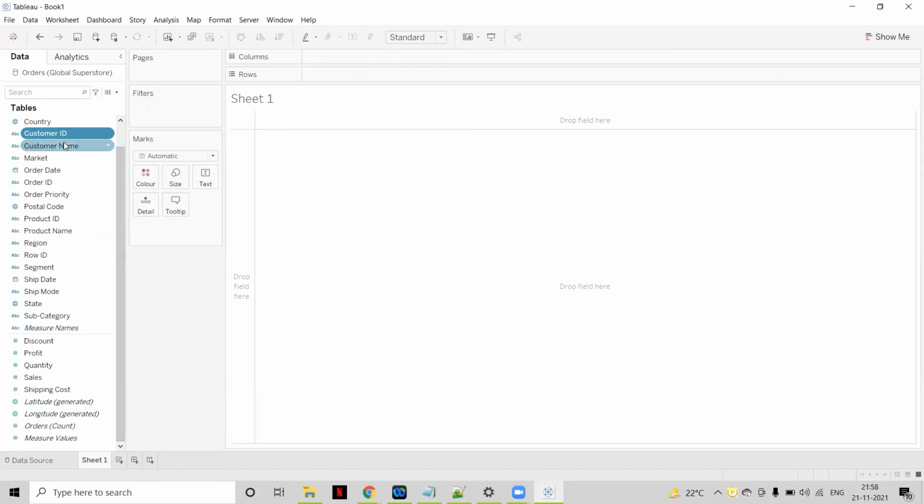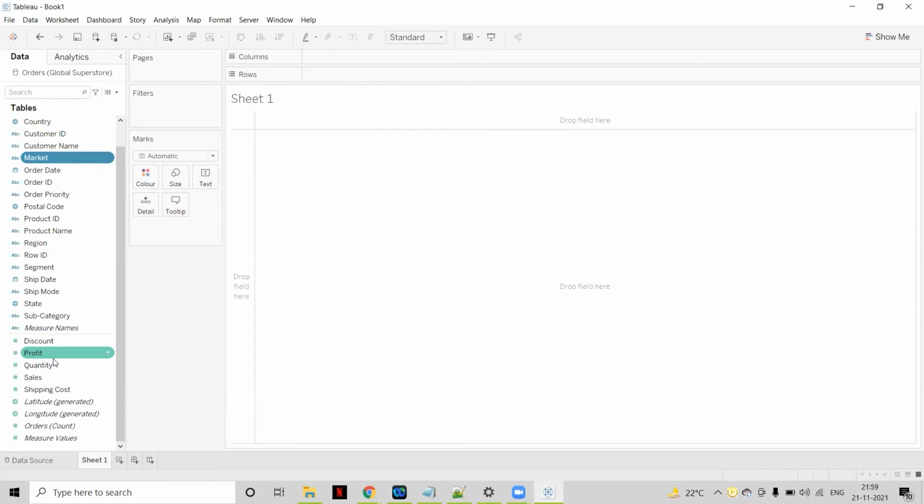Even if you see, when we hover or when we select any dimension here, it is in the blue color, whereas the measures come as a green color. So let's understand the difference. Dimension basically contains the qualitative data, like your state, city, country, and all. Whereas the measures contain some quantitative data, like numeric data, or like profit and sales.